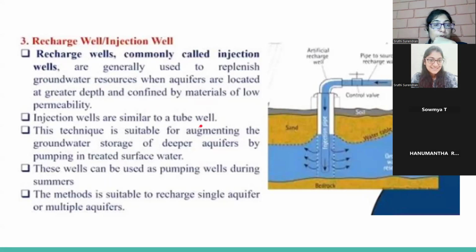It is similar to a tube well. This injection well is when you pump surface water into the aquifer. That is what is called a recharge well or injection well, and it is suitable to recharge single or multiple aquifers. So, if the aquifer is very deep, as well as single and multiple aquifers, they can be recharged using a recharge